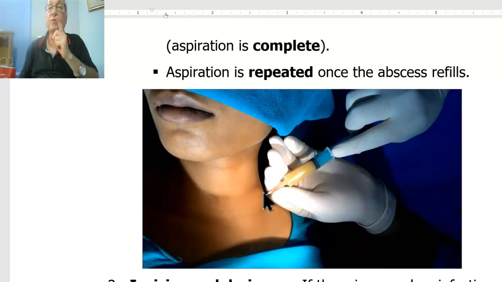This means we introduce the needle in a healthy skin in a valvular manner, the puncture in the skin not corresponding to the puncture in the abscess. If simply you introduce the needle transversely, puncture in the skin and puncture in the abscess with a track in between, leading to sure fistula formation.